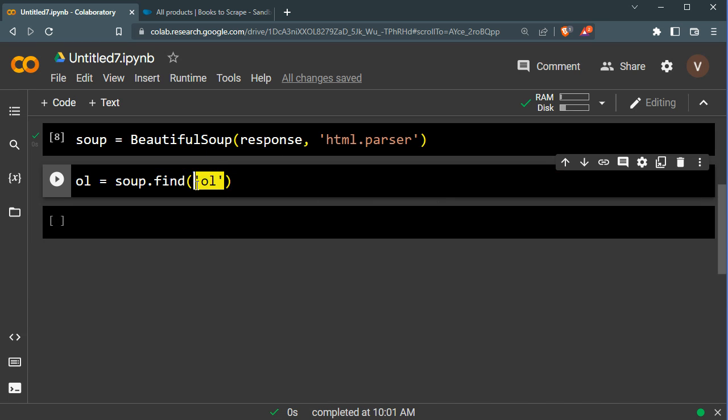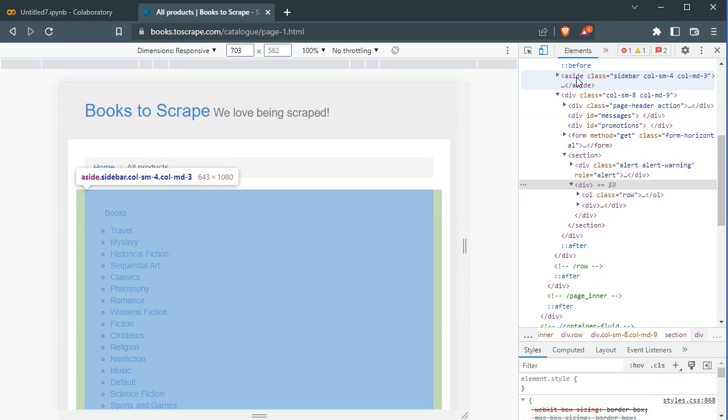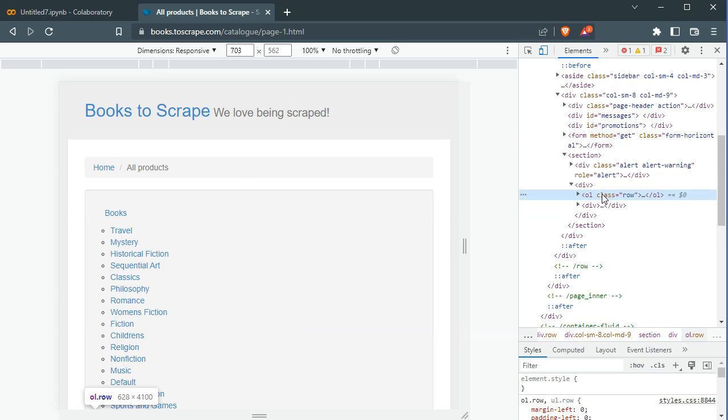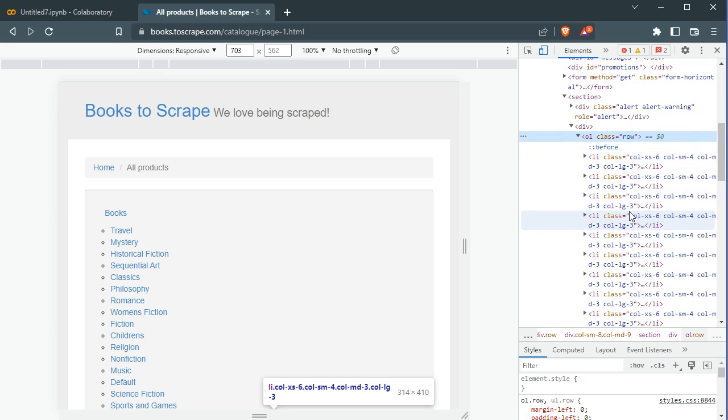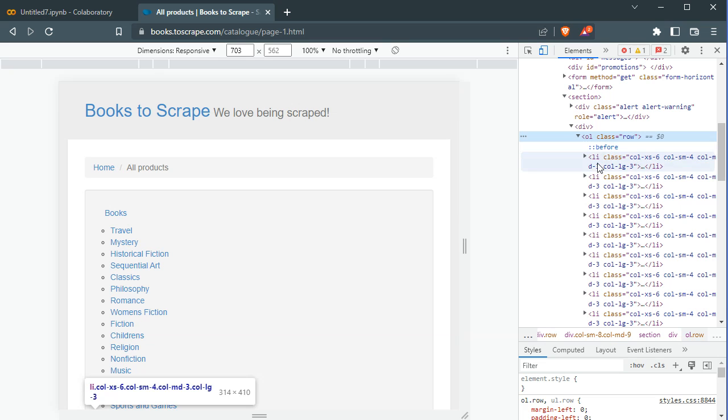So it means it's going to go inside the soup that we just saw, all the HTML, and find the first order list that it finds. So you can see this is the first anyways among all of them. So it will grab this, find this. Okay, now that we have saved this inside OL variable, we are going to